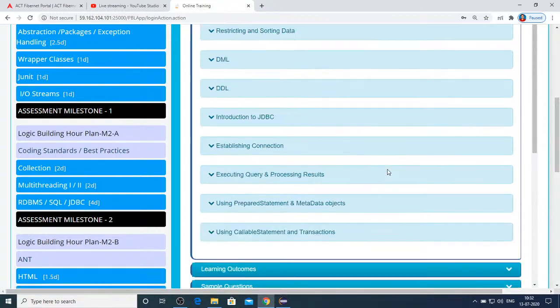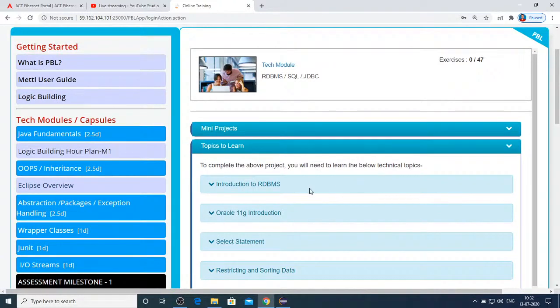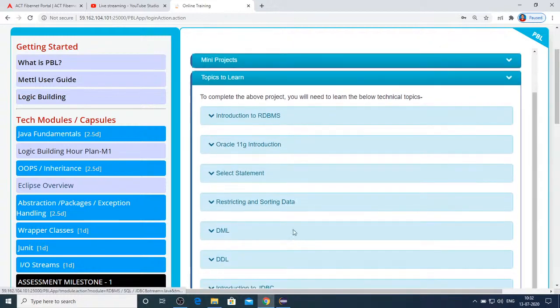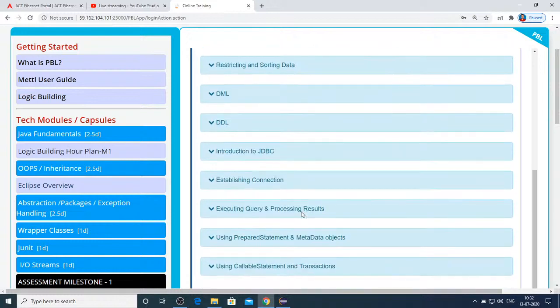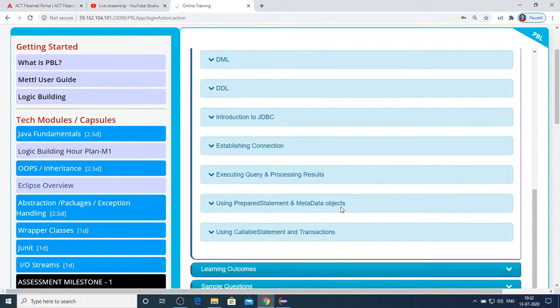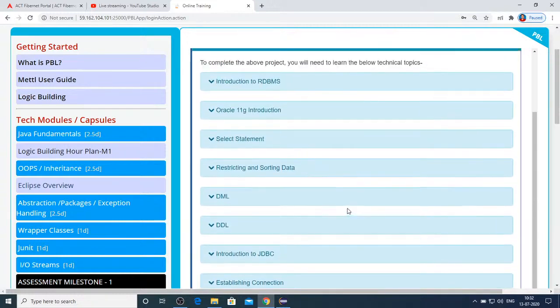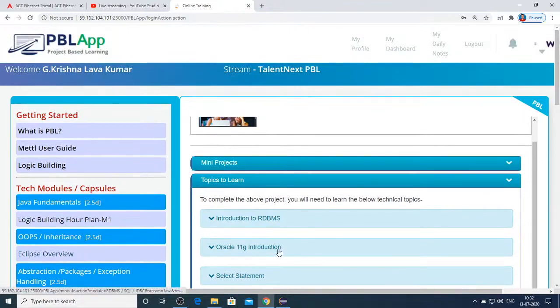Under this, we are supposed to cover these topics, starting from introduction to RDBMS, Oracle 11g introduction, the select statement, restricting and sorting data, DDL and DML commands, and then introduction to JDBC, establishing the connection, executing query and processing the results, using prepared statement and metadata objects, using callable statements and transactions. So these are all the topics which we are supposed to cover under this RDBMS SQL JDBC.